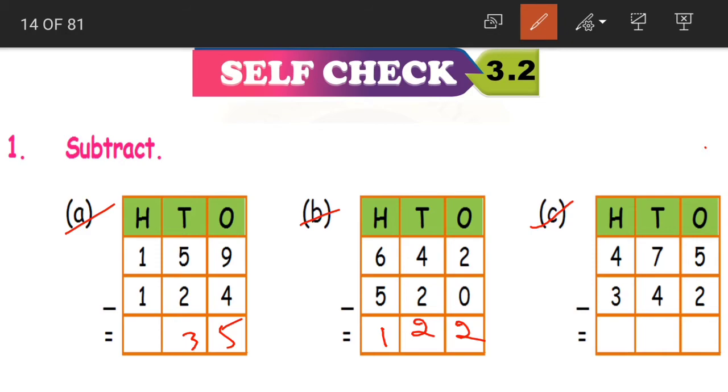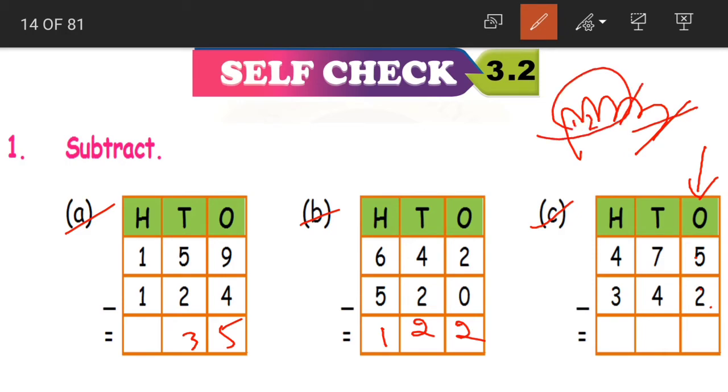Moving on to question number C. 475 minus 342. Again, how do we start subtracting? From the ones place. 5 minus 2. 1, 2, 3, 4, 5. Close 2 fingers. How many are we left with? 1, 2, 3. So 5 minus 2 is equal to 3. Yes children. Coming on to tens place. 7 minus 4. Again keep 4 in mind and after 4 start counting. 5, 6, 7. How many fingers children? 1, 2, 3. Yes, so 7 minus 4 is equal to 3.